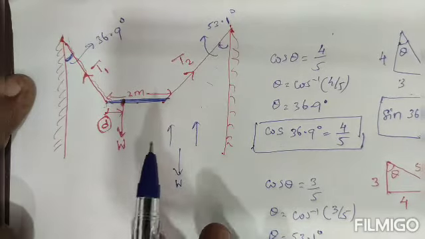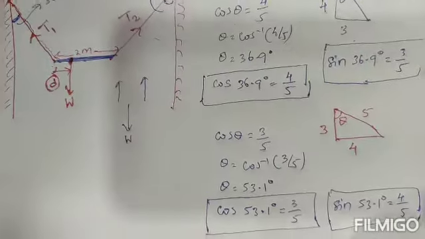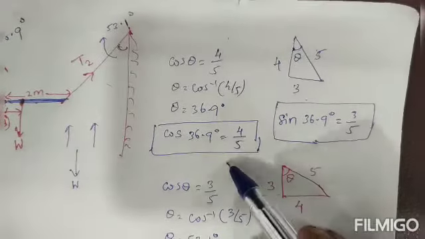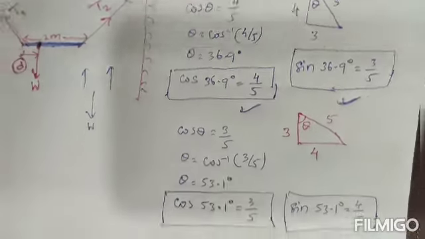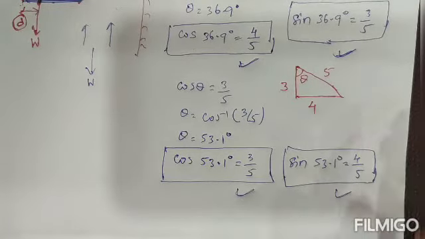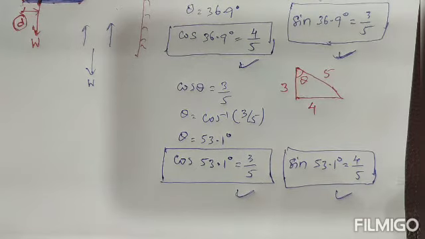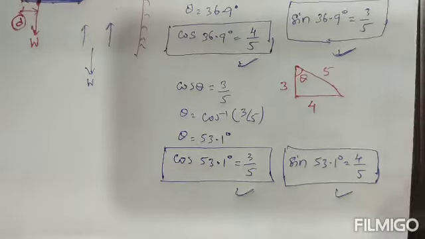Okay, so in this case we need sin value and cos value. For that only we found sin theta and cos theta value. First cos theta value and sin theta value for the left side angle. Like that, cos theta value and sin theta value for the right side angle. Okay, this is the initial step. Okay, right. So you know very well, here it is maintaining the equilibrium position.